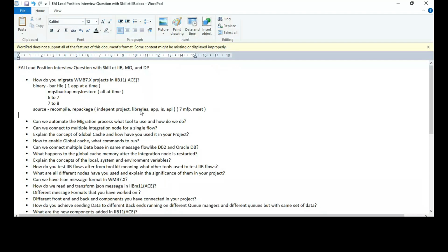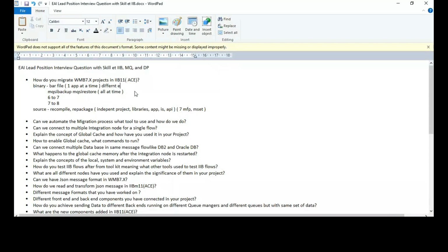In 7, when you would have created the bar file in 7 runtime, you can deploy the bar file in the 11 runtime environment. You'll have to do a deployment. Okay, so just take the bar file and deploy, compile and deploy it into 11, or just direct deployment.